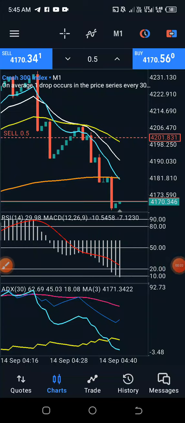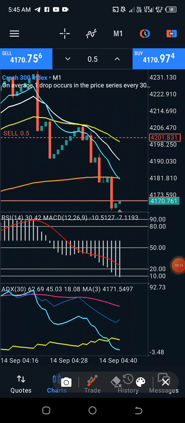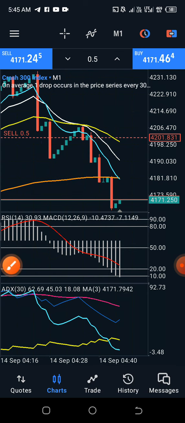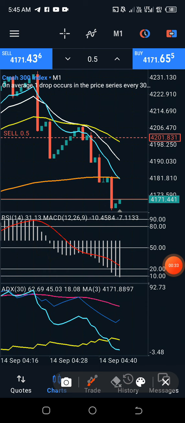This is what every forex trader should do to break out of a certain level of failure in forex trading. When you have a trade that looks like this, this is Crash 300. I know it's difficult for people to trade, but once you have confirmed a cross like this in this place, you have this approach. When we tell people that what we do is accurate, but most times they don't believe